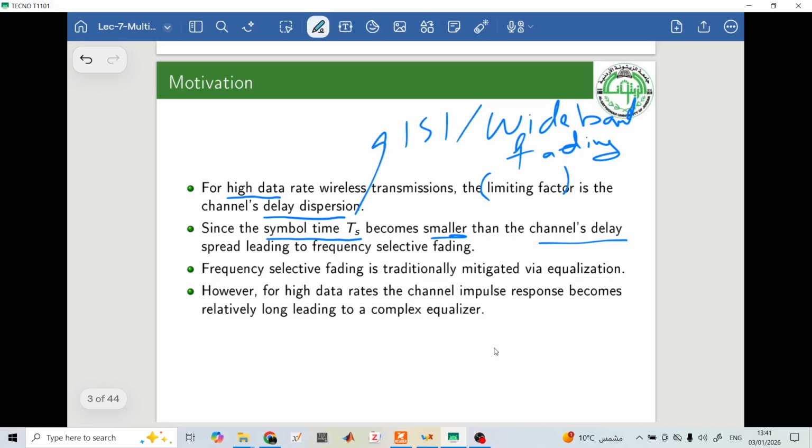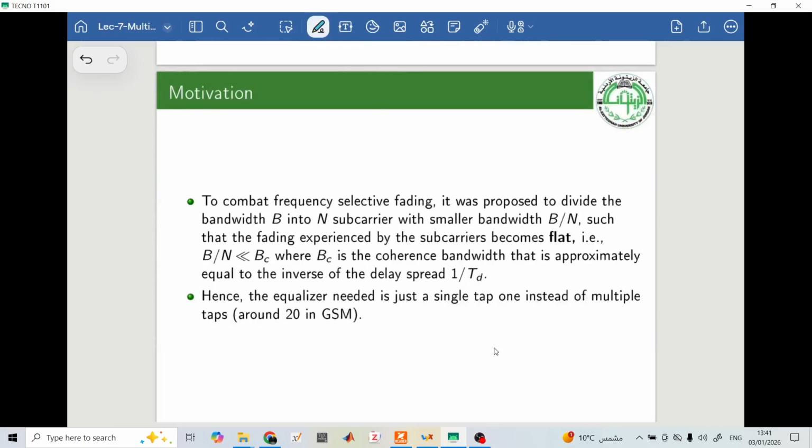Like we said earlier, ISI causes wideband fading, which is also known as frequency selective fading, and a traditional way to mitigate or to deal with such fading is to use equalization. But for high data rates, the channel impulse response becomes relatively long, meaning that the equalizer will become very complex. So to deal with that, meaning to avoid having very complex or very long equalizers,